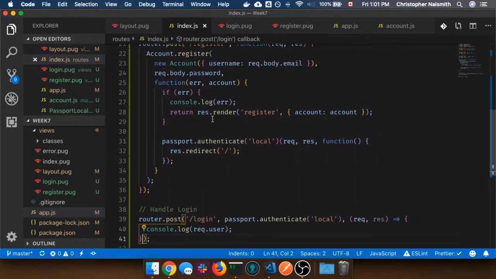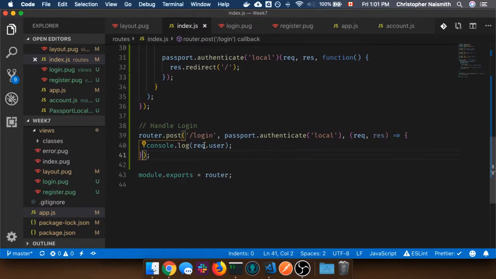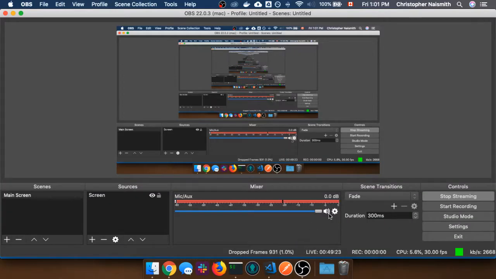I feel like it's just something really small with how we have set up our local passport, just because when we try to authenticate with what we have created, it errors out. And that is both in registering as well as doing this login. So I'm going to try to see if I can figure out what's going on. Other than that, be back in, say, about 10-15 minutes. And if anyone has any questions or